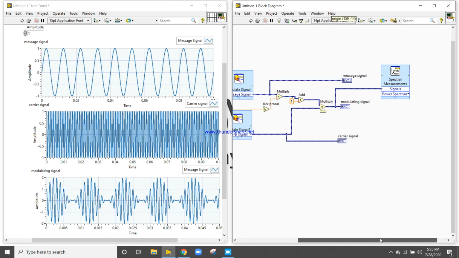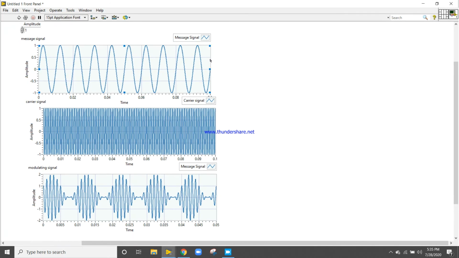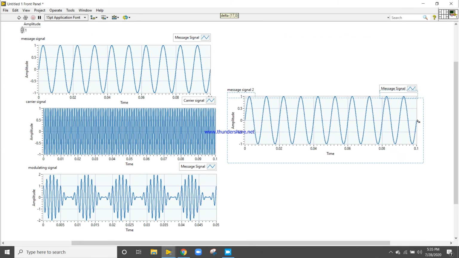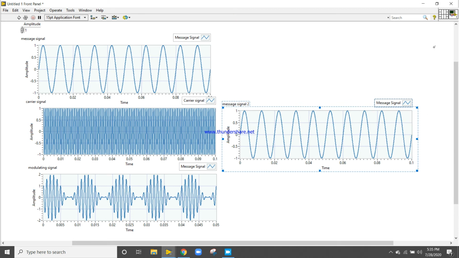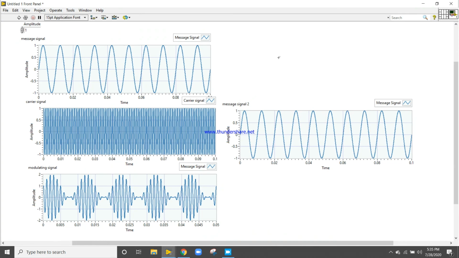Now here we can create one more graph indicator to display that value. Let's try to check.